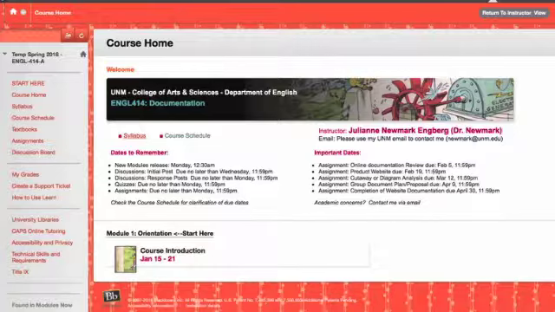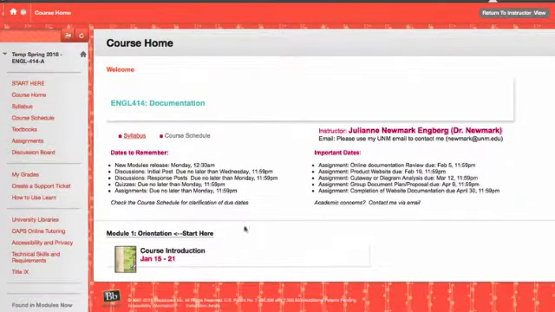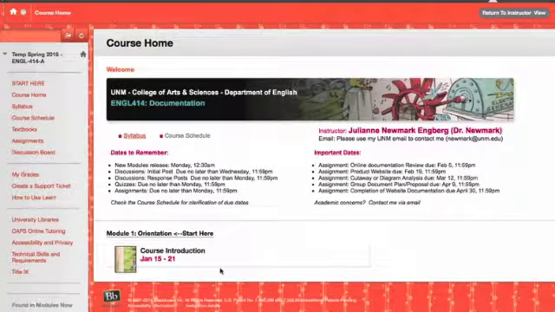So without further ado, we're going to switch over to the part where I walk you through how to use our Learn. This is our Learn site. When you access your course on the first day of the semester, it should look like this. This is the course home. If you click on the little home button, this is what loads for you. It has our important dates to remember. Each new module is released Mondays,